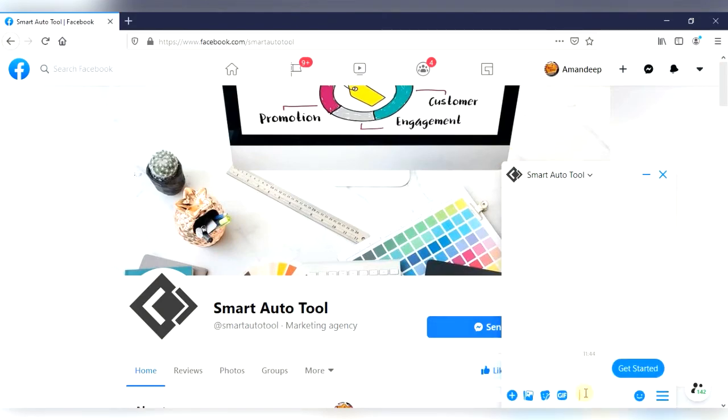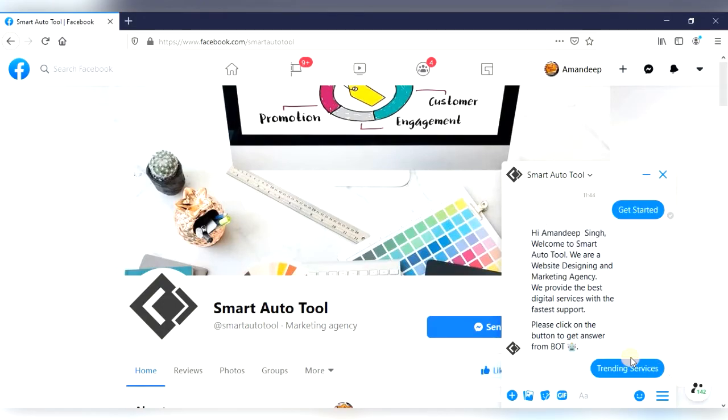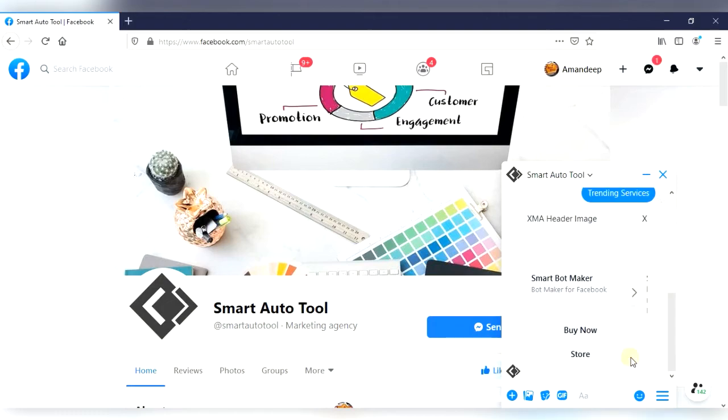Now click on it. Services offer, trending services, click on it. Here you can see the products by the store.